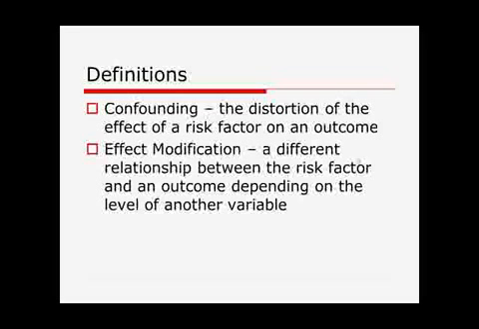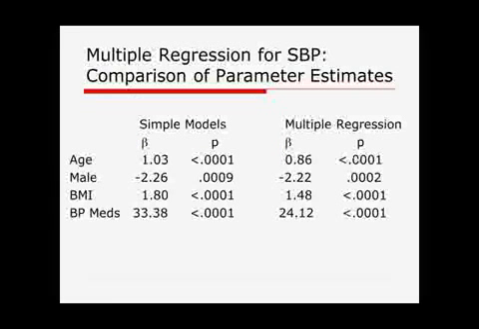Effect modification is a different concept, and this comes about when we have a different relationship between our risk factor and our outcome depending on another variable. So it's not confounding, but it's actually a different relationship. Let me try to illustrate that with an example. It might be clearer, because it's hard to grasp that idea. First, though, let me show you an example